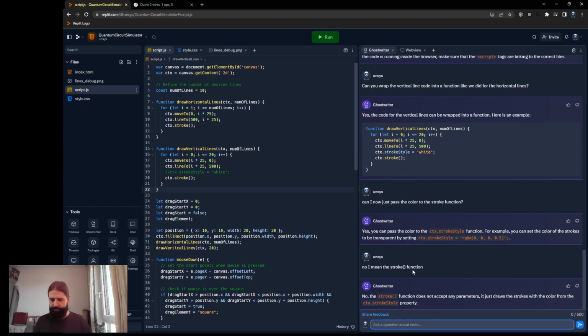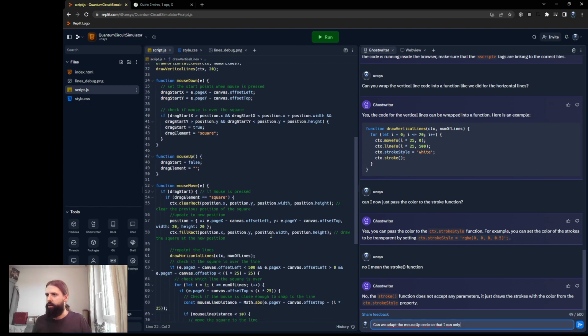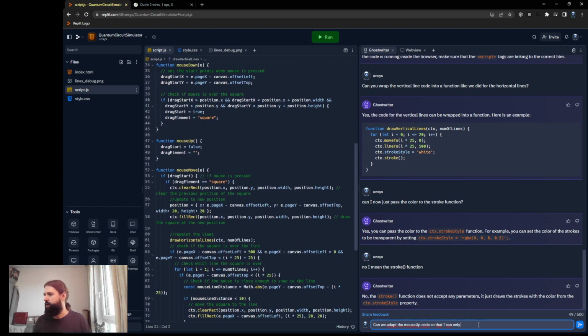So now, can we adapt the mouse up code so that basically the rectangle is always drawn on the closest intersection between a horizontal